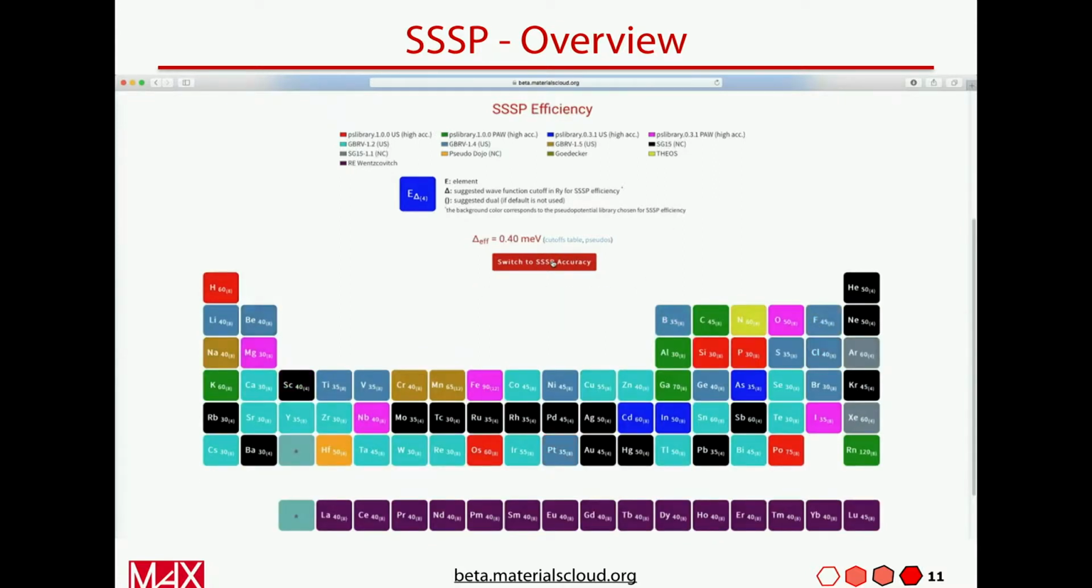And what I didn't say, there are 2 different versions of the SSSP, one intended for precise material modeling and one intended for high throughput screening. So now we're in the efficiency version, and for carbon, it suggests, in this case, a PAW pseudopotential from the PS library 1.0 with a cutoff of 45 Rydbergs. And that is all nice and fine, but how did it come to this conclusion, right? So I can click on